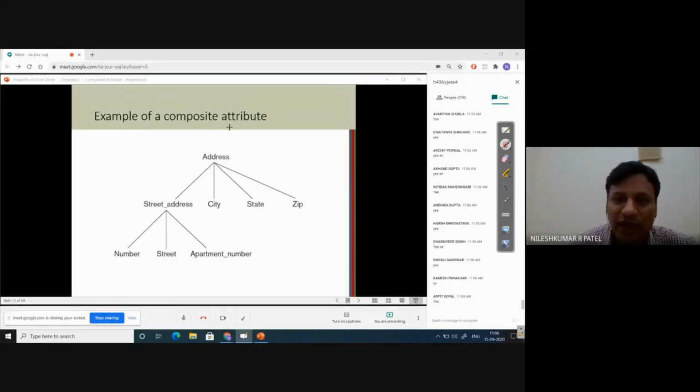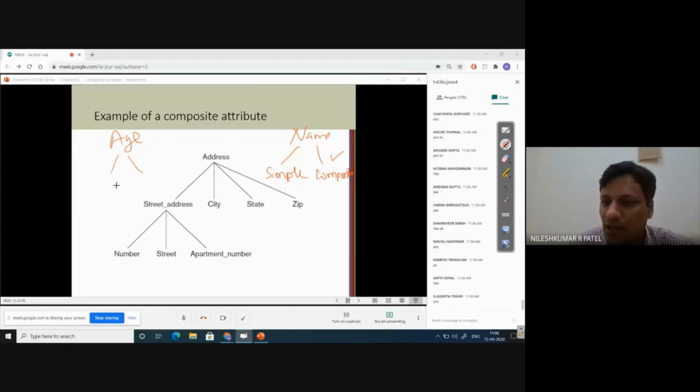So name may become simple, it may become composite. If there is a choice, we go with composite most of the time. But for example, age cannot become composite. Agree, all of you? Yes or no?